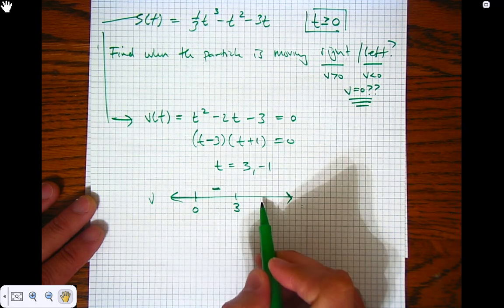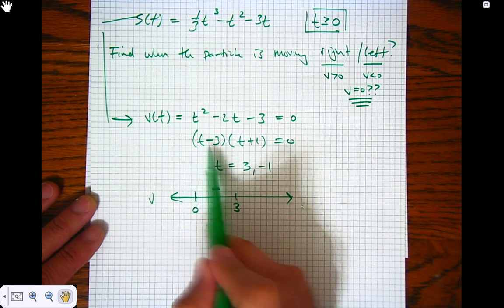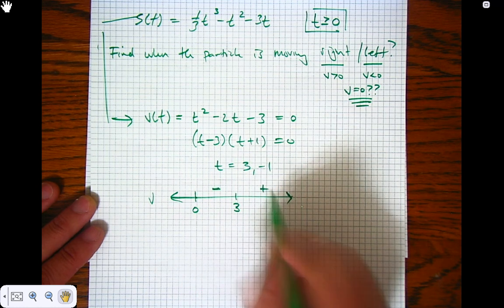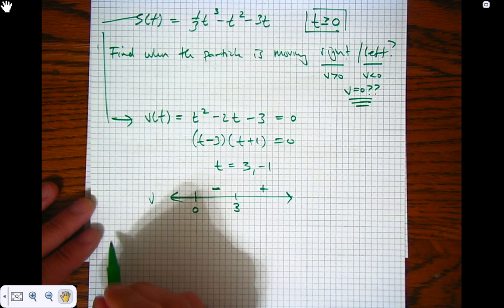If I plug in 5, you could do it here or here. Think of it this way: 5 minus 3 is positive, times positive is going to be a positive value. So what you're going to write